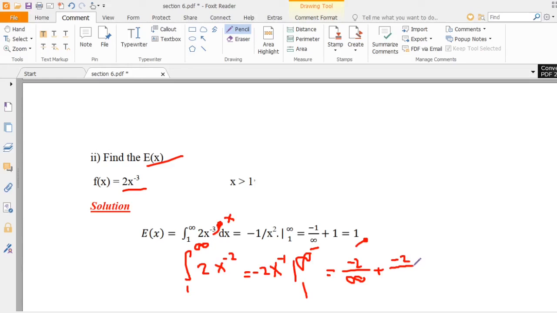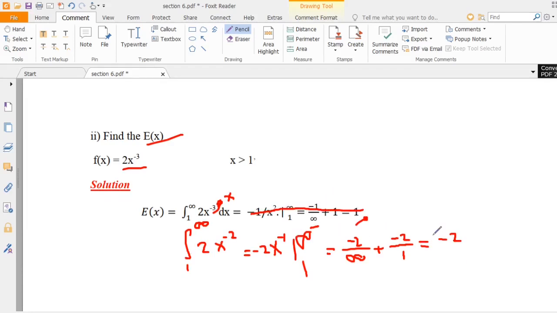what? So it has an expected value. This has, alright? And then the result will be